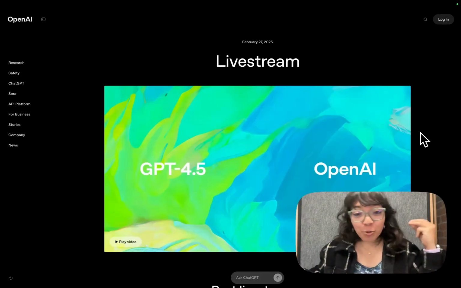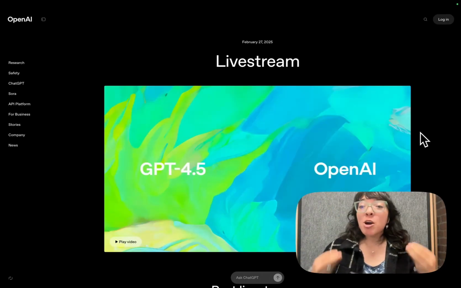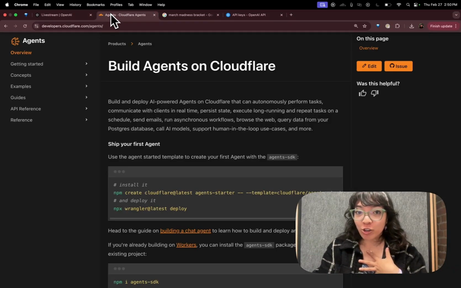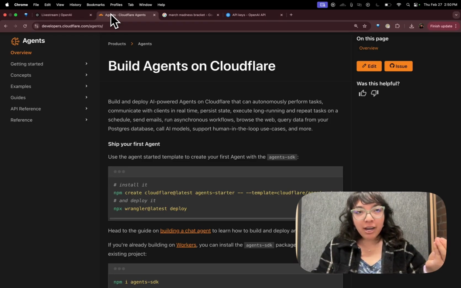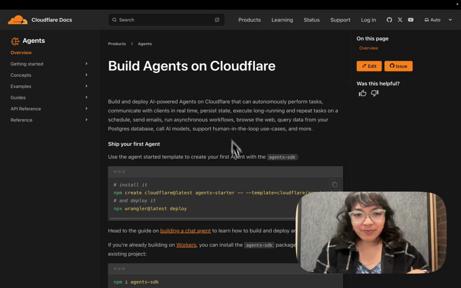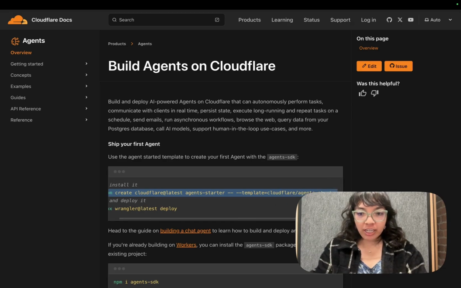New GPT 4.5 model just dropped today, which means I have to try it out with Cloudflare's new agents framework, which came out earlier this week. I usually get nervous when a new model comes out. I'm like, will it break my apps? Will it be too smart? Will it be mid? Like, for example, we're going to install the new Agent Starter Kit, Agents Framework from Cloudflare.